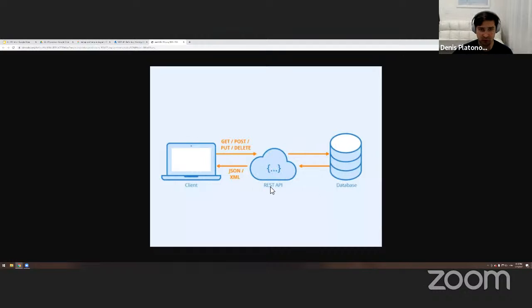So what's the beauty? Why do we need an API here? Why wouldn't we just allow clients to do whatever they need to do with the database? Let's say we deploy the code on the front end because it's still an application, right?